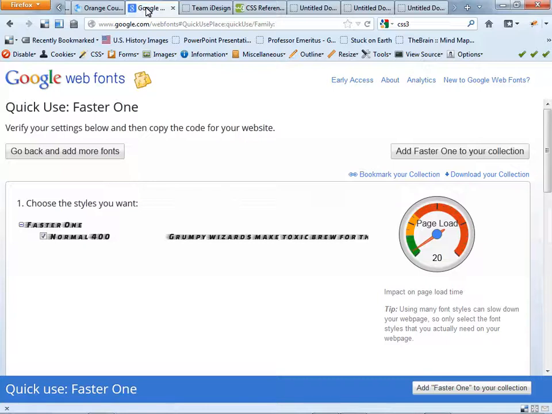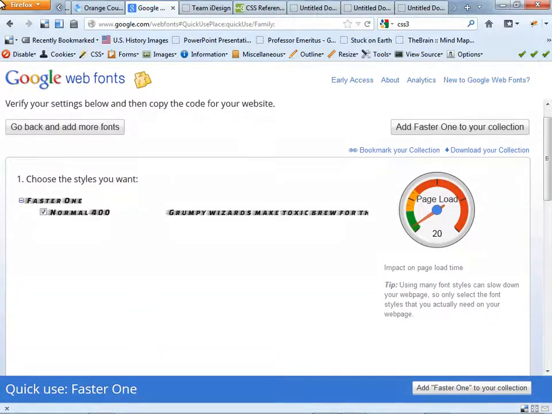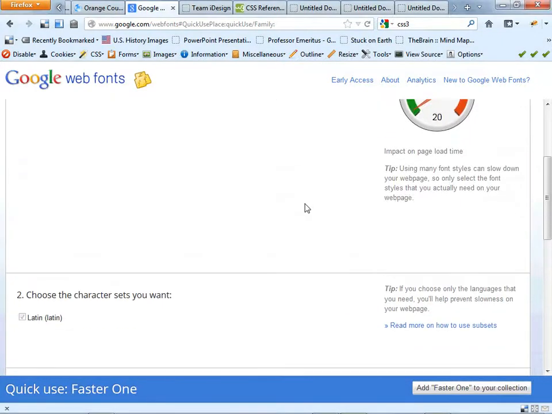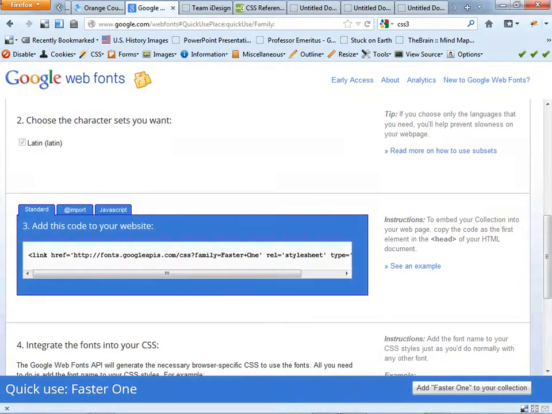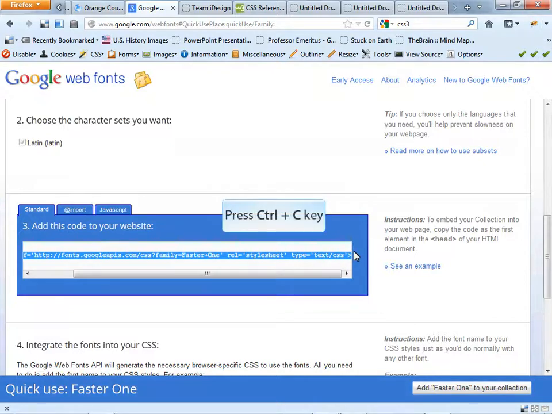You can go to google.com/webfonts, search around, see which one you like. When you find one you like, there's a little button next to each of them that says quick use, and you can go into this quick use and scroll down here, and you can see here is the code that we need to add to the head section